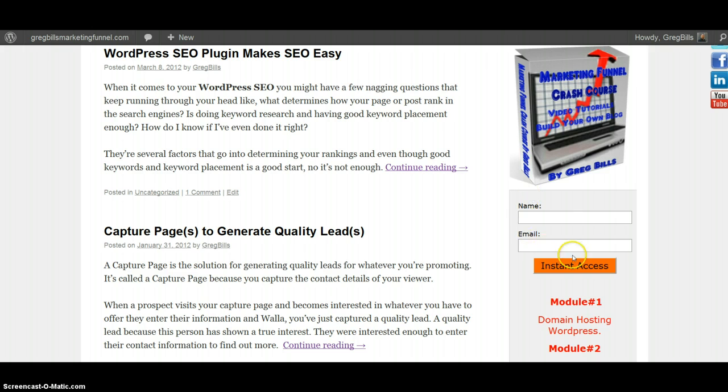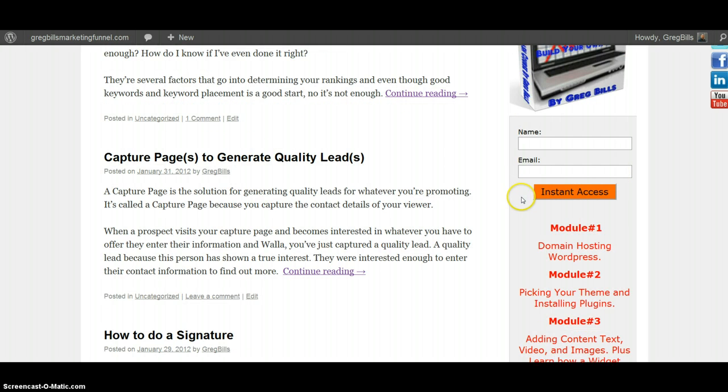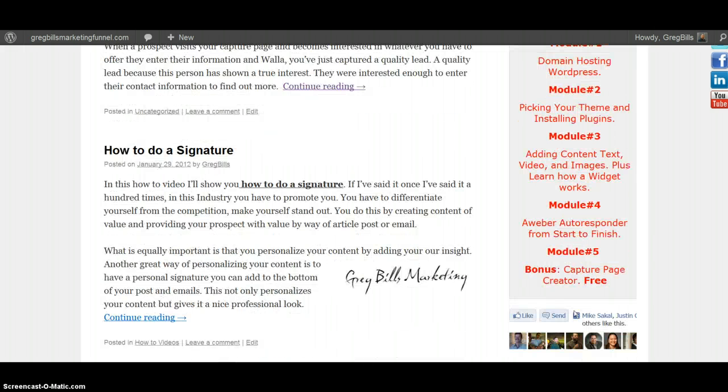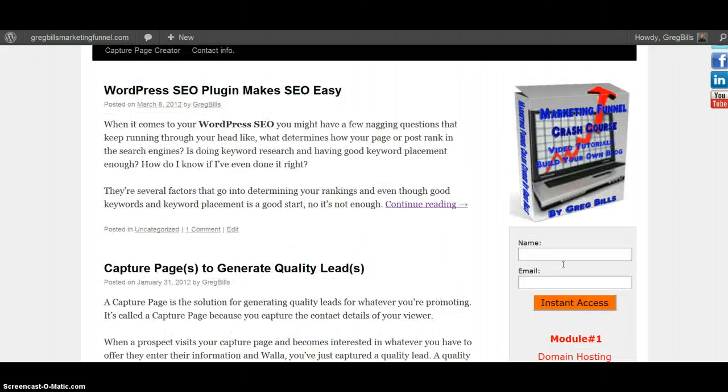What I did when I created the form in Aweber, the opt-in box, I eliminated the header section. Now I chose to keep the footer section because I added text content to the footer section right here, and that's what you see here. This is actually in the footer section, and then I made the box itself pretty much transparent. But this is HTML code that's actually added above the Java code that you entered into a text box in